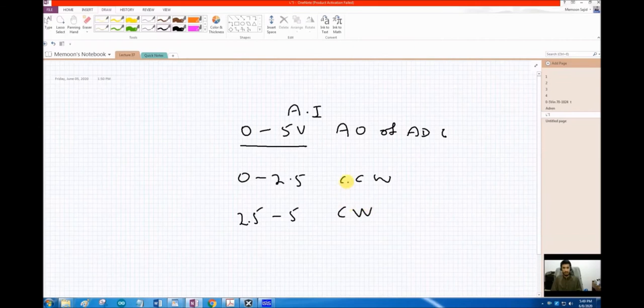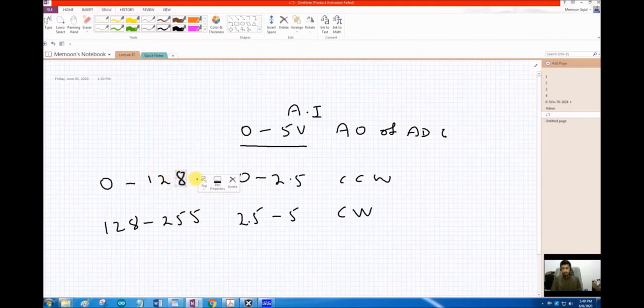my motor clockwise. 0 to 2.5 will be translated to 0 to 128 if we are using an 8-bit mode of ADC, and this 2.5 to 5 will be translated to 128 to 255 in case of an 8-bit ADC.